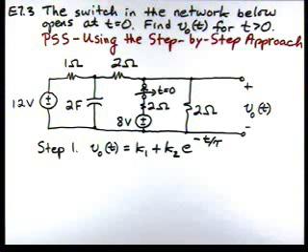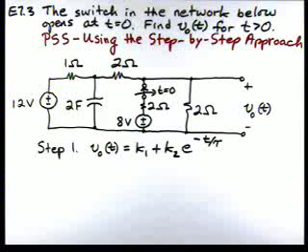Okay, for Learning Assessment 7.3, the problem statement is the switch in the network below opens at t equals 0. Find V0 of t for t greater than 0. And we're going to use our problem solving strategy entitled Using the Step-by-Step Approach. Here's our circuit, and if we look at our problem solving strategy, we can see that step